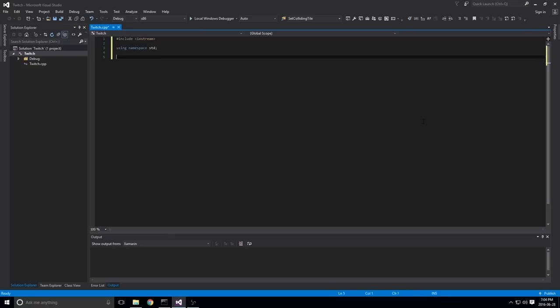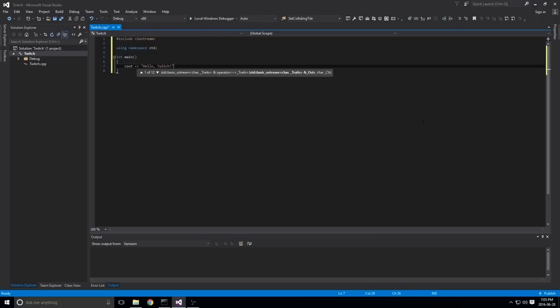and I am assuming you guys have some C++ experience. If there's anything you don't understand, just let me know in the chat. I'll check it periodically, and I'll explain whatever you need me to explain. So iostream, and then we'll start off with hello Twitch, and then we'll do a system pause so we can actually see our message there, and we'll return 0 at the end.